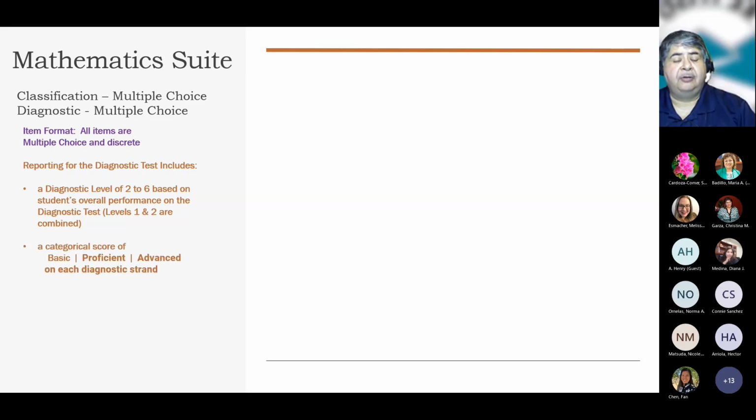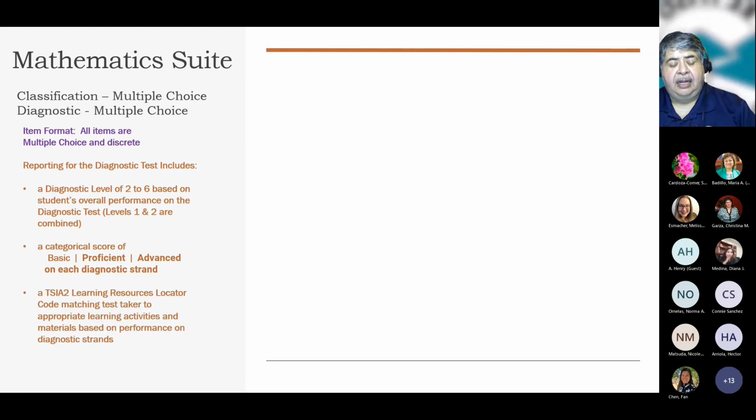Okay. Also, the strands for the diagnostic are also marked as basic, proficient, and advanced. And that way you can actually see the necessity of the student. They might be proficient, but not quite ready to be advanced on a particular topic. Or if they are very low on the knowledge on a particular topic, it will be just marked as basic. And I'll show you how that is shown on a score report in a minute. And also, this exam will produce a learning resource locator code that would allow the student to go over to the website and review those topics that he needs to review in order for them to be able to pass the test.